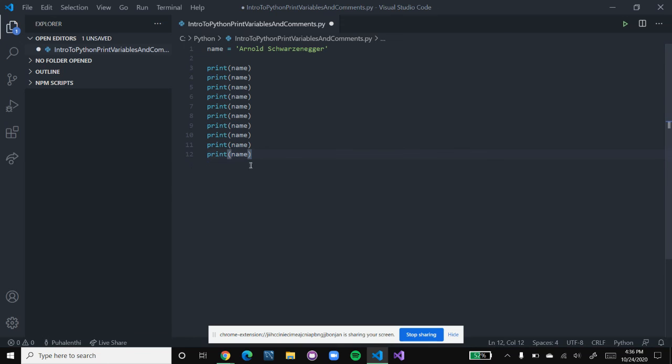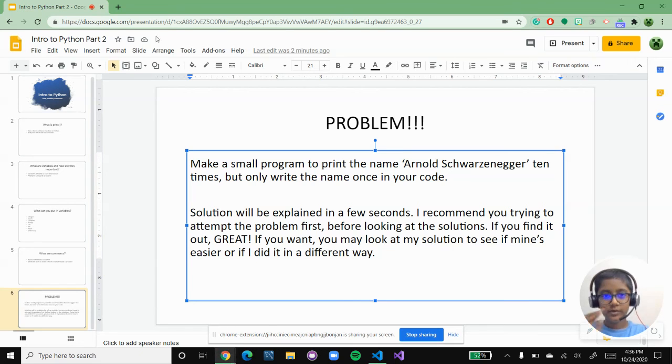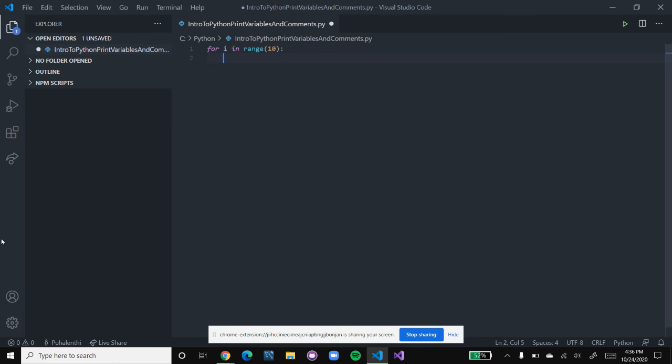For those fans out there, there's actually a faster way, but we're not going to cover it in this video. It's going to be explained in another video. So it goes like this. You can do, this is a loop, for i in range. How many times do we want it? 10 times. i in range 10. Print